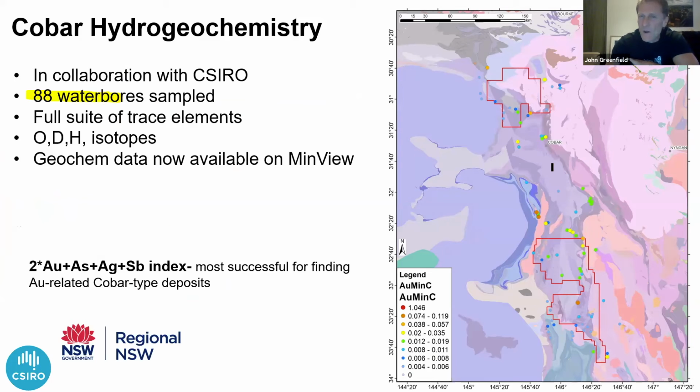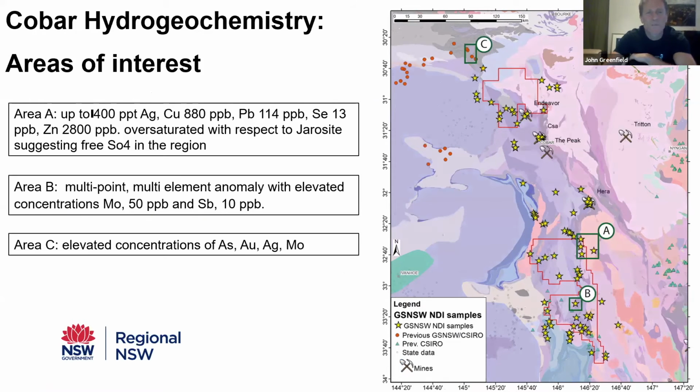And I noticed, I was just talking to the GA guys, there's a company west of Telfer that's just been pegging ground based on the hydrogeochem results by the same team from CSIRO. So there is a lot of interest there, and we're seeing in here, we can pick out the best indices that are showing you where you might find these copper gold related Cobar types, and also for our